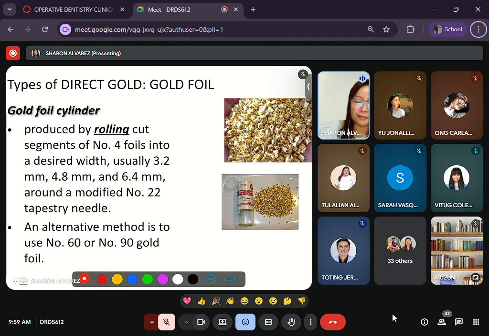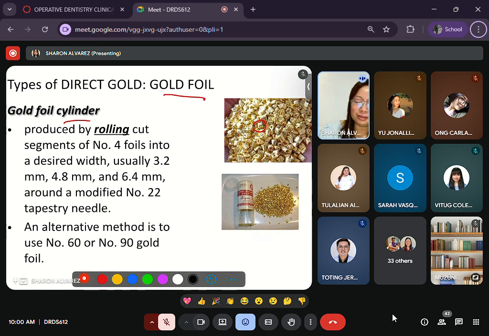Just to continue, another preparation of gold foil. Gold foil can be rolled to become a cylinder. So from a sheet, using a tapestry needle, the needle for sewing, the gold foil will be rolled to become cylinders. After rolling it to become a cylinder, it will be something like this, a rolled cylinder. So the dentist would need to cut them into smaller bits, and this will be ready for